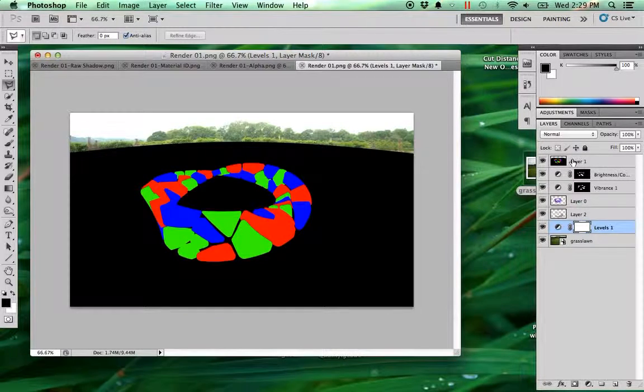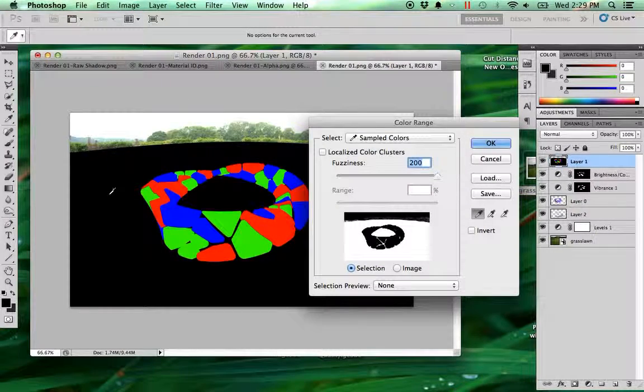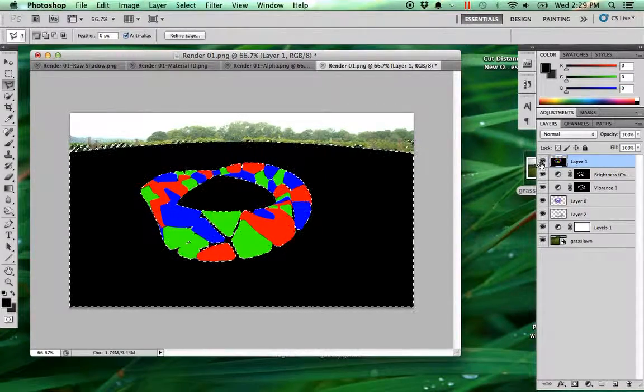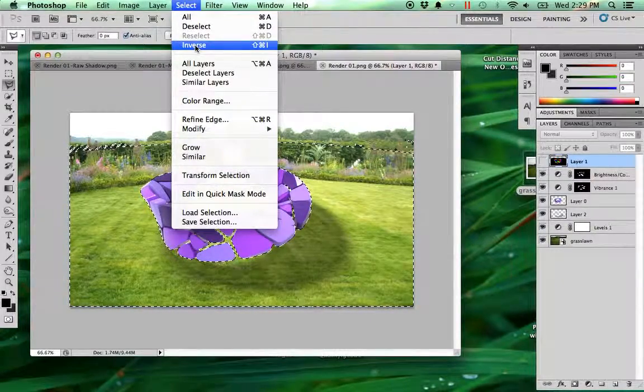So what I can do is I could always come back to this, and a fast way of selecting everything is I can just go Select, Color Range. I can select the black, hit OK. So right now it's selected everything but the actual rendering. But I can always go Select, Inverse,